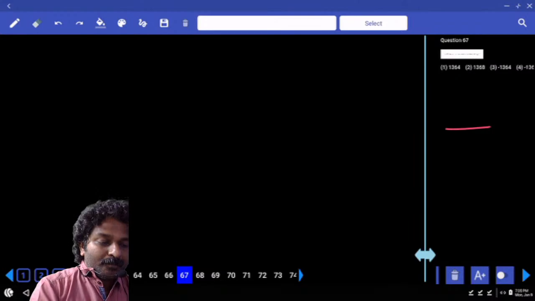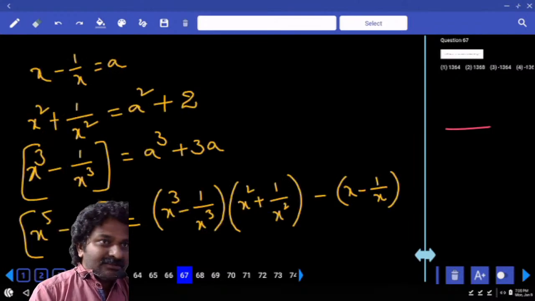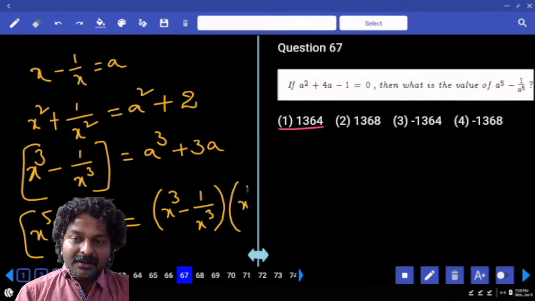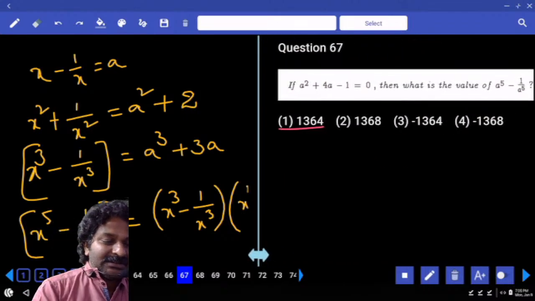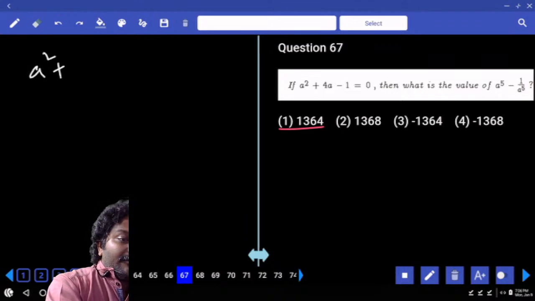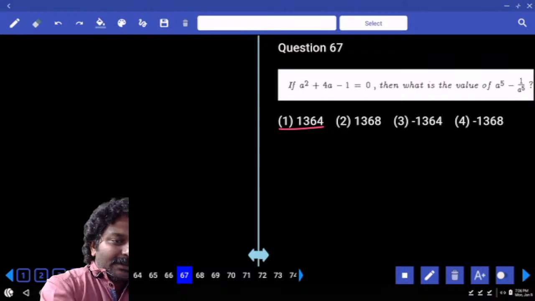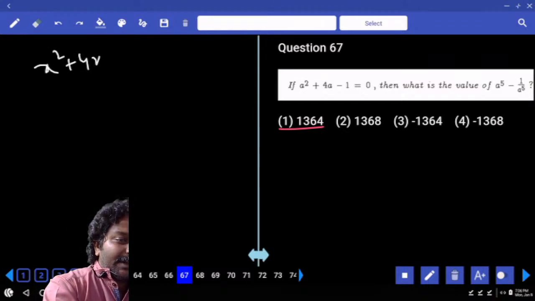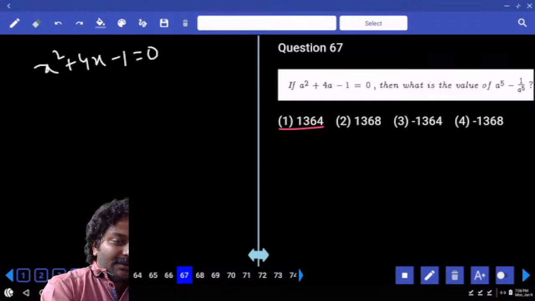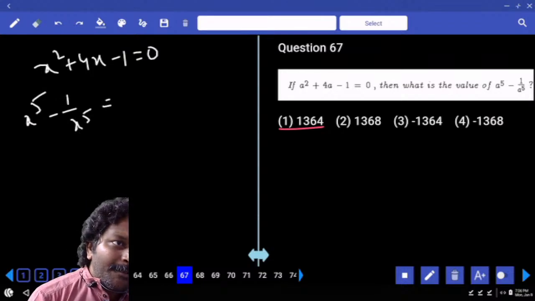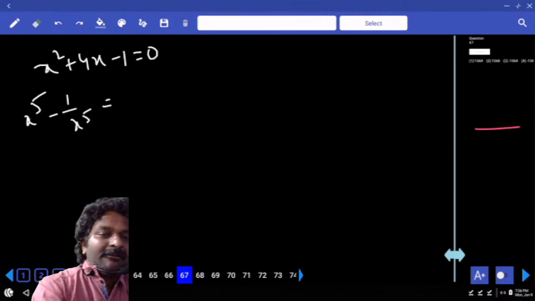Did you guys copy it? Okay. Now here a square plus 4a minus 1 is equal to 0. Don't get confused, think of them as x for a while: x square plus 4x minus 1 is equal to 0. We were asked to calculate x power 5 minus 1 by x power 5 is equal to how much? Think of it like this for a while. Okay? Right. From this, x minus 1 by x is equal to